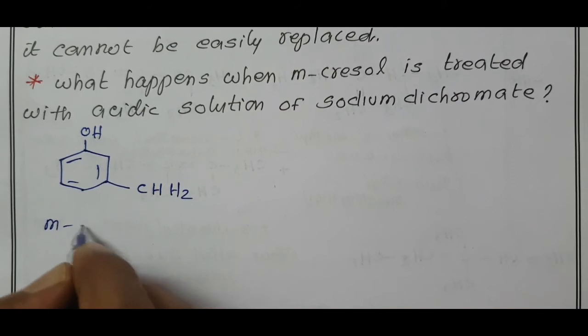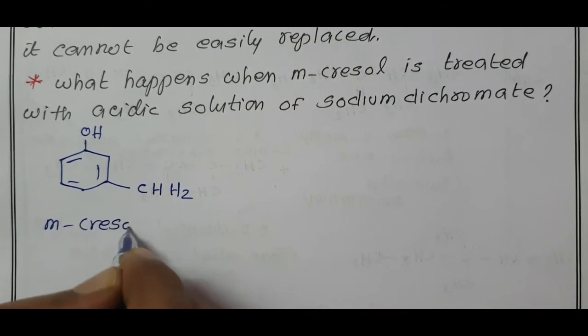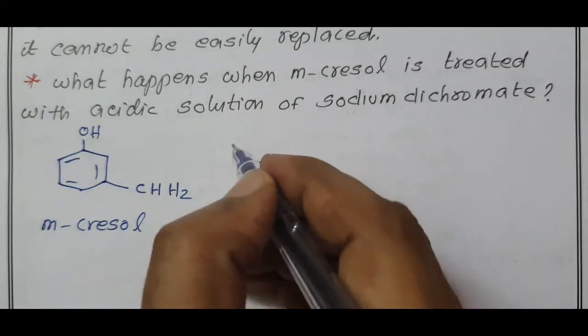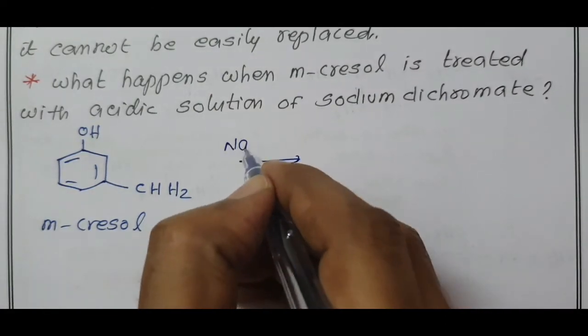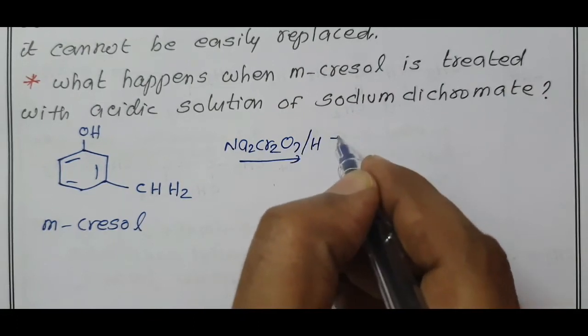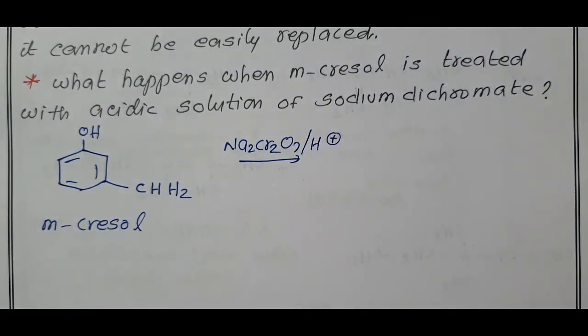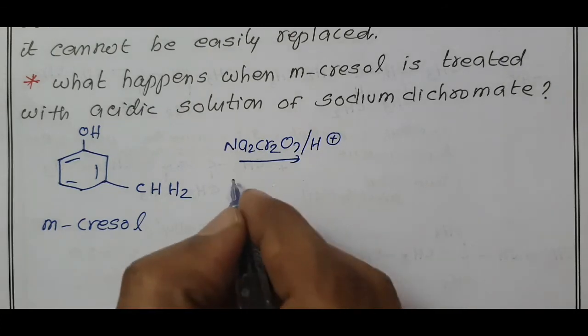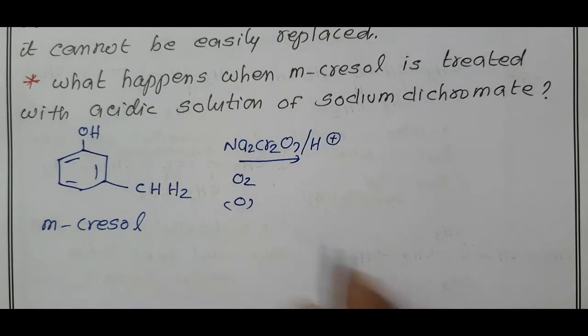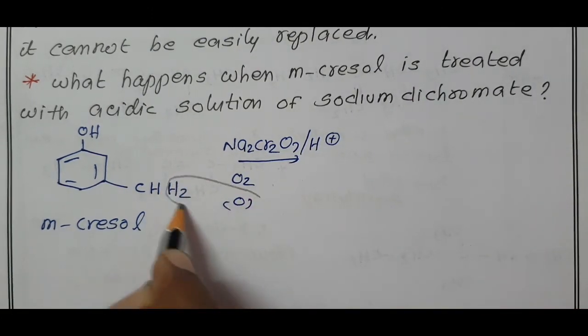This is your metacresol. It undergoes oxidation in the presence of acidified sodium dichromate, Na2Cr2O7 acidified with sulfuric acid. Addition of oxygen, removal of hydrogen is called oxidation, we know. H2 and O is removed as H2O,